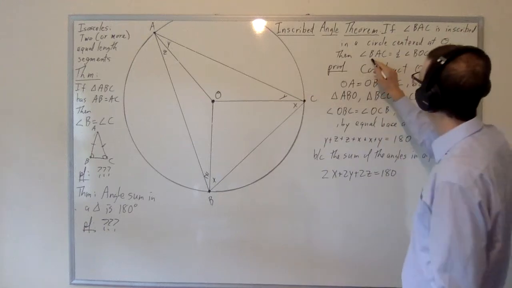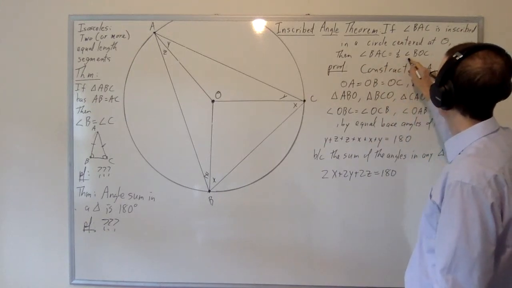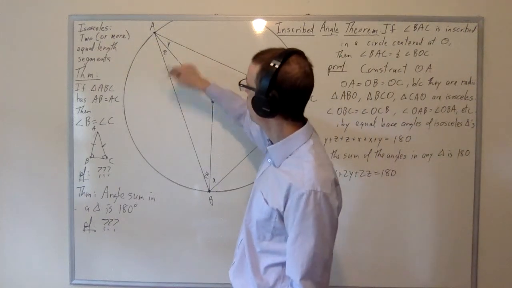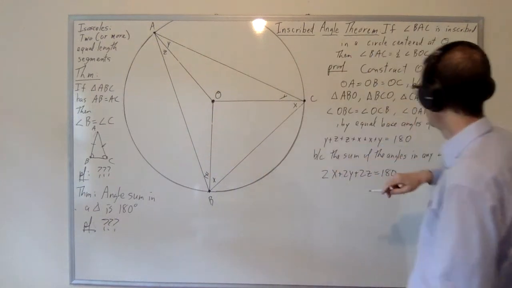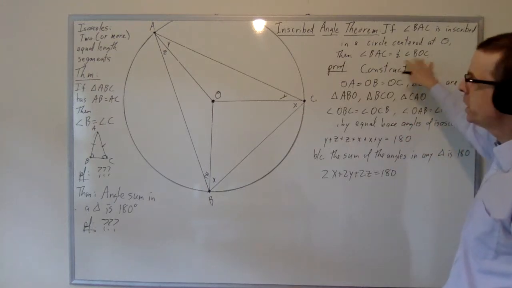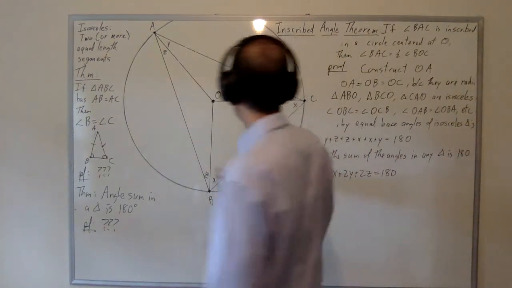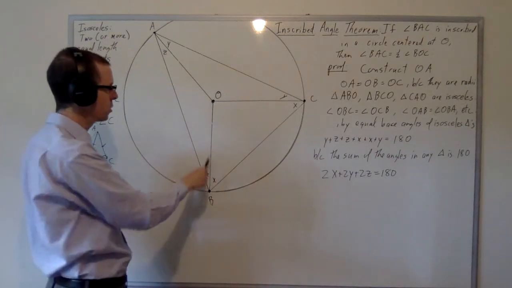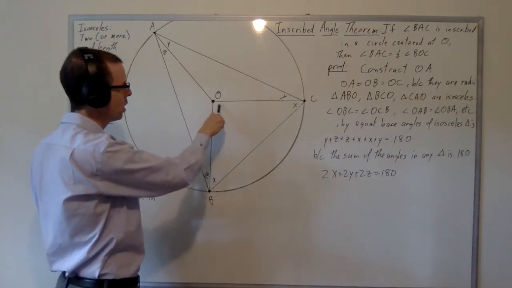We're trying to show that angle BAC is half of angle BOC. Now, angle BAC is y plus z. So maybe we should think about y plus z here. And we need to think about angle BOC. The thing about this proof so far is we haven't really focused any of our attention specifically on angle BOC,